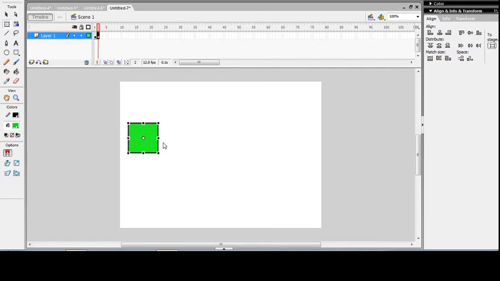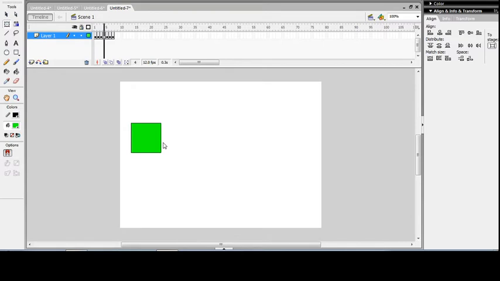Again I'll press F6 to insert a third keyframe, and I'll press the right arrow key 3 times. F6, again right arrow key, F6, move the object, F6, move the object, F6, move the object.